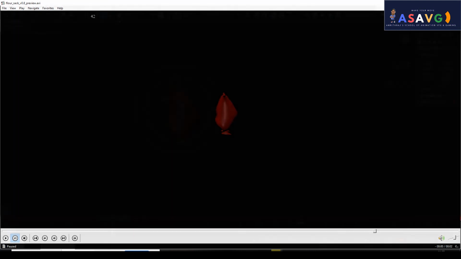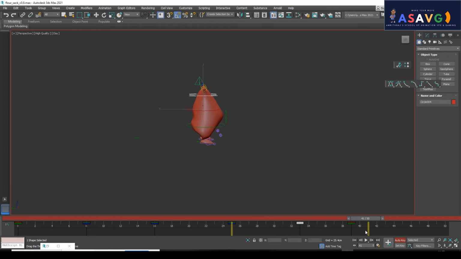But make sure that only one control should not be following the same action. It means that only this control is acting, right? Sorry, no need of doing it like that. If he is acting, obviously this control should be acting to support this control. The human body also works like that. If my hand is working, my first body part is acting, supporting the second one, and the second thing will be acting on the third one. So make sure that if he is working, a little bit of movement goes to this control also, only a little bit, otherwise this control, otherwise this control. So I will be making support for this.